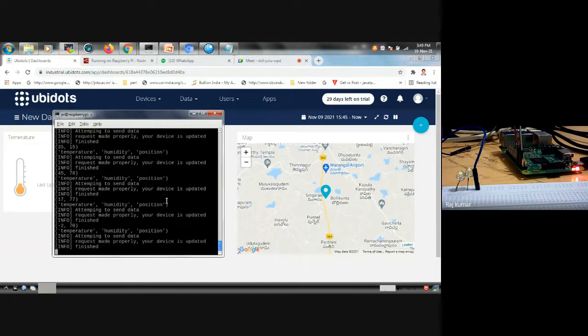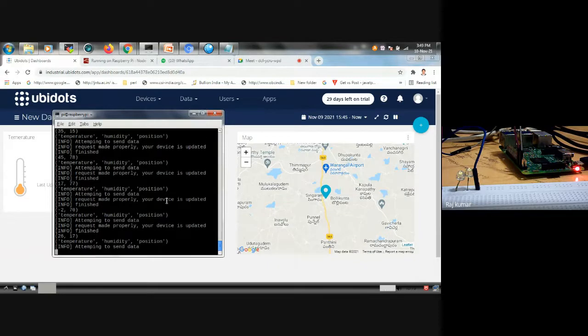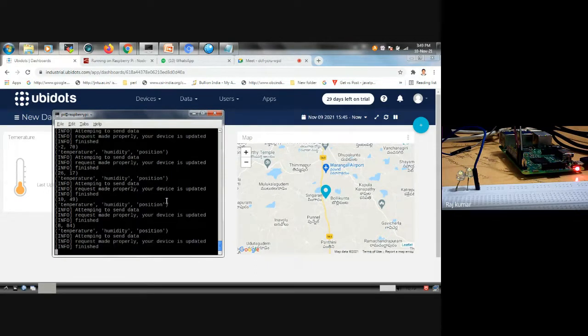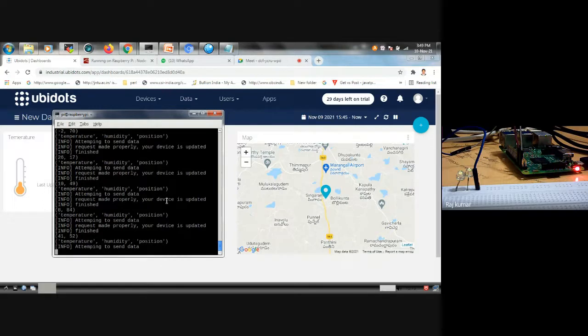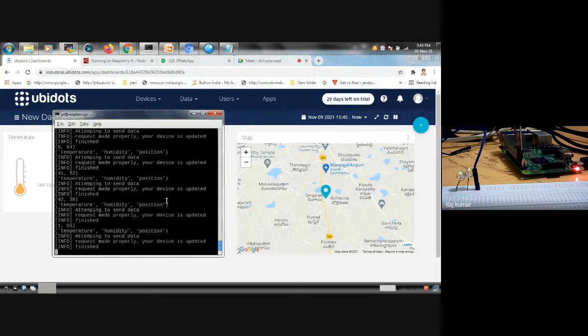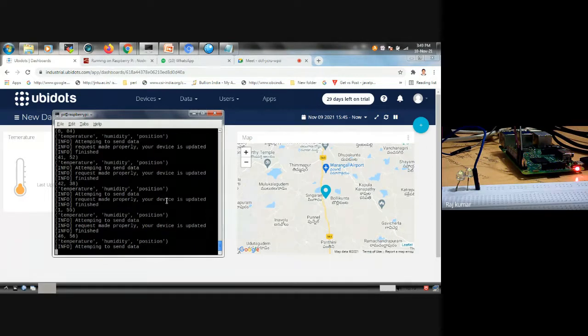Why this is important: millions of devices will be working on a particular project, maybe a space project, an agriculture project, or a meteorological project like weather forecasting. Simply taking three or four physical sensors, weather forecasting is not possible.